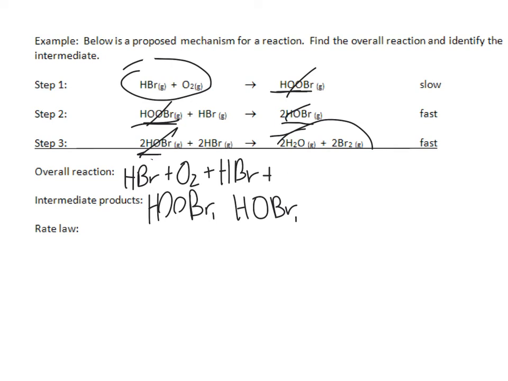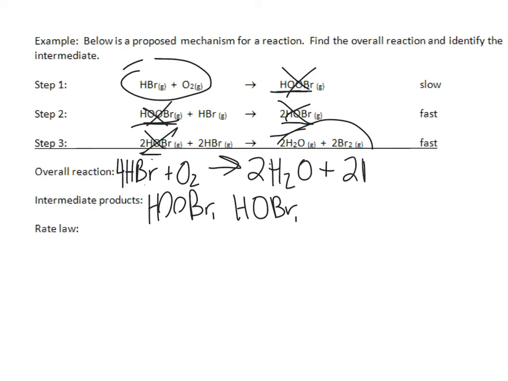I'm going to give us a little bit of room to write. Plus 2 HBrs. So you see we have all of our reactants there. An HBr plus O2 plus another HBr plus another 2 HBrs. And I can reduce that because I have 1, 2, 3, 4 HBrs, so that I don't have to write HBr 4 times. I can just write 4 HBr. So I have 4 HBr plus O2. Well, I've crossed out that product because I used it in step 2. I crossed out that product because I used it in step 3, and I'm left with 2H2O